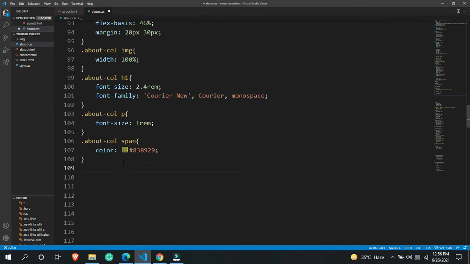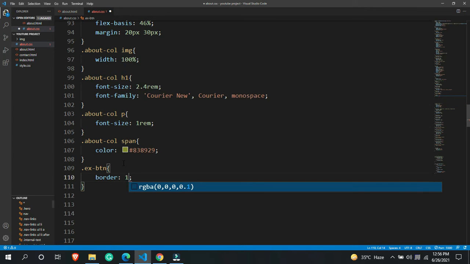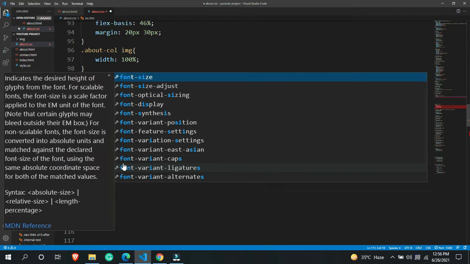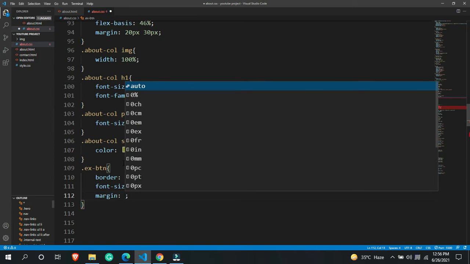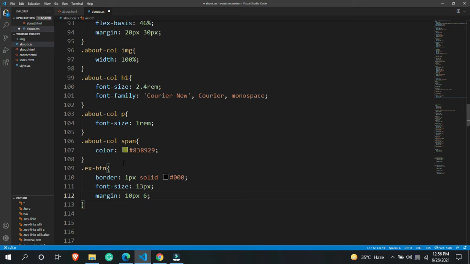So what we have done, we already completed our span, targeted our span. Let's use this particular thing and do something about it. I wanted to change the border, and it is going to be 1 pixel, solid, and I'm going to use a black color over here. Then I'm going to change the font size, and inside this font size I'm going to use 13 pixel. Then I wanted to give the margin, top to bottom around 3 pixel and 5 pixel from left to right. Then I'm going to use a transparent background, and that's it.